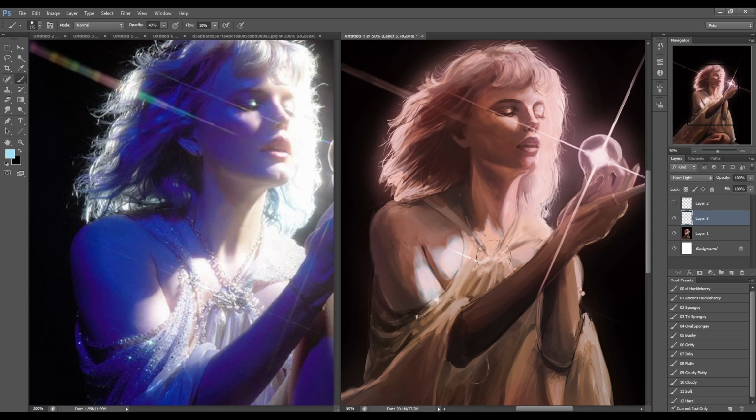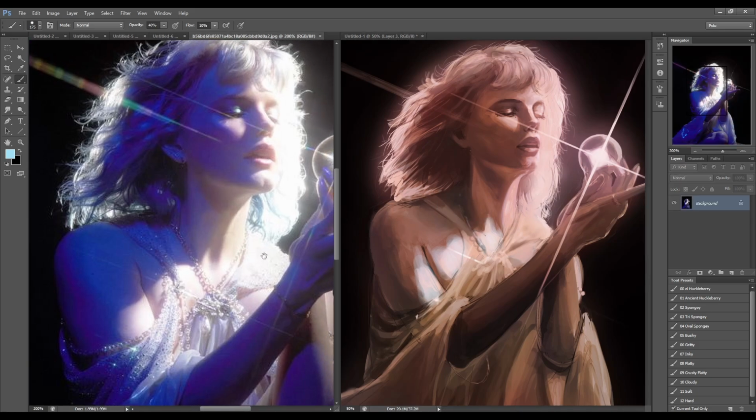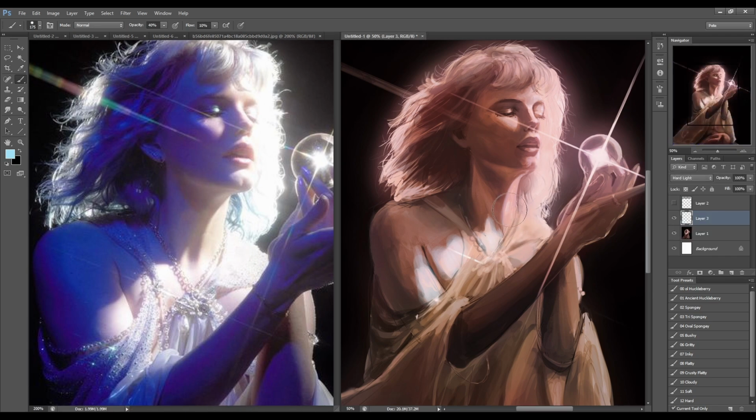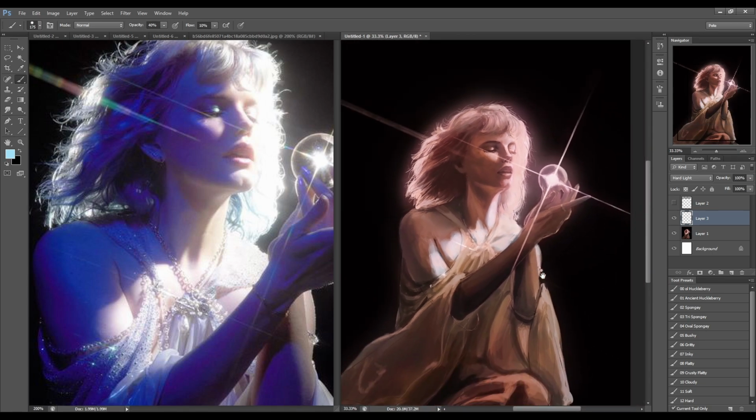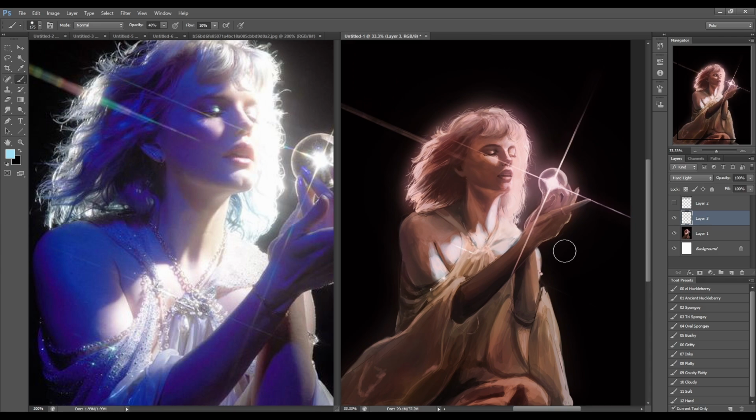If you look at the reference and ask yourself where it feels like I'm getting warmer tones, you'd choose to put cooler colors there, and vice versa. You can flip that inside out and it'll work just fine, because it's really more about the relationship between the warms and cools than about which parts are warm and which are cool.